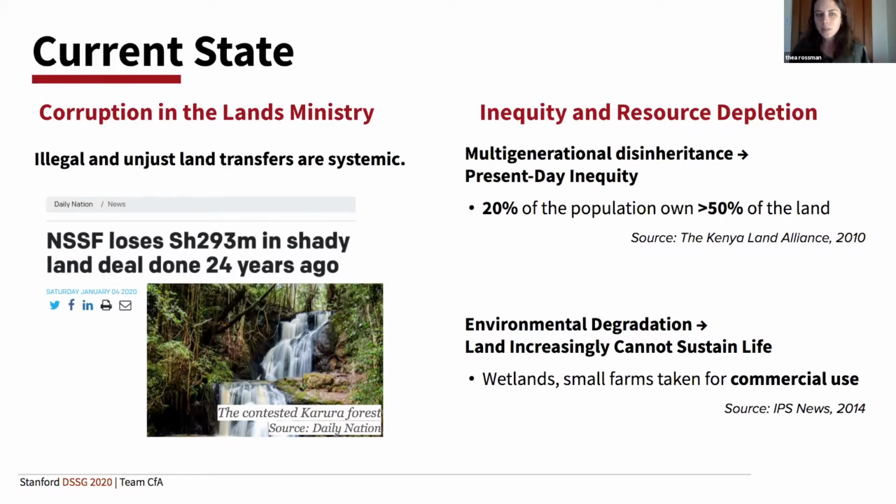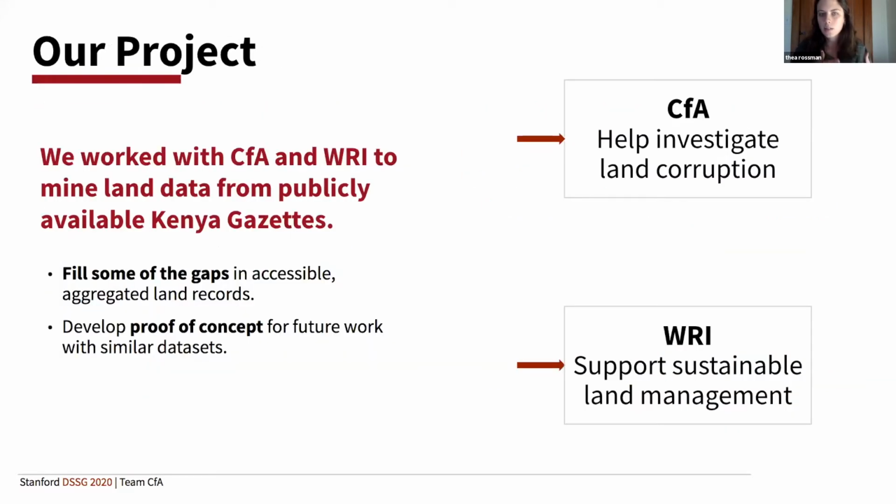So the origins of this project come from a network of folks who are trying to deal with the specific issue that there are not a lot of accessible, usable, and aggregated data sources on land use and ownership in Kenya. So to make more concrete how information can actually be useful to those doing long-term work, Code for Africa and the World Resources Institute, which we'll be referring to as CfA and WRI respectively, really conceptualized this project and have two specific strategies behind expanding the land data that is available.